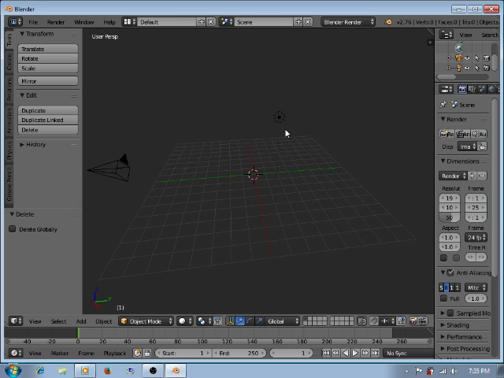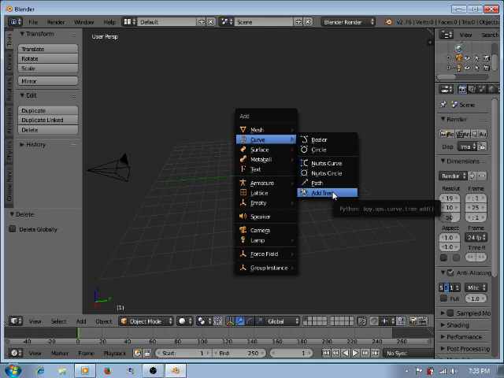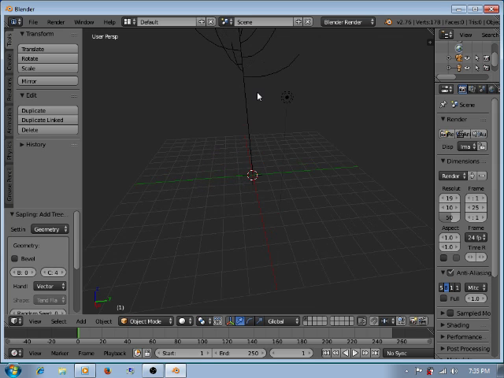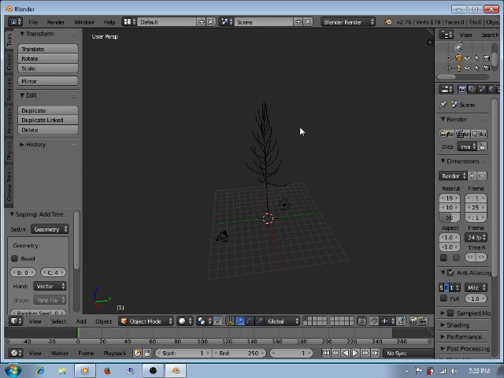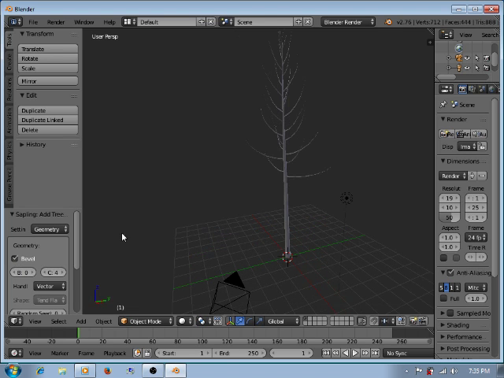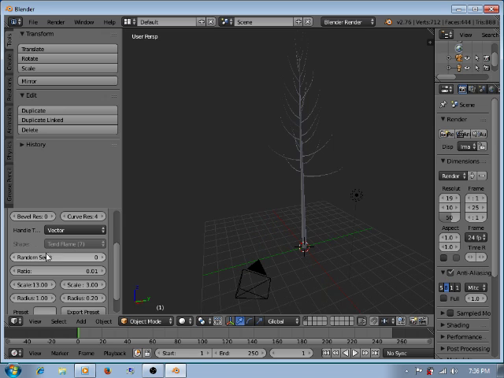To go ahead and start, you press Shift A and go down to Curve. There's the Add Tree. Make it something like this. Just a giant monstrous tree. If you press Bevel, you get more of the trunk. So go ahead and bring this out. That's the resolution.